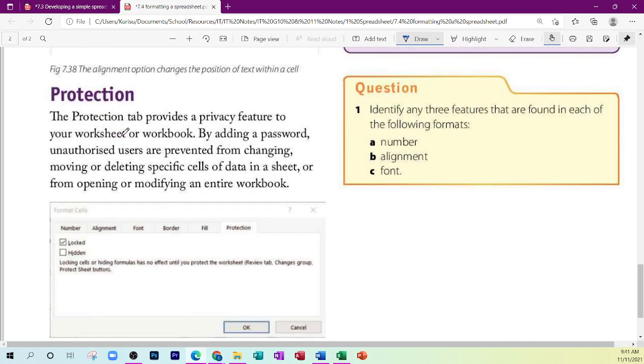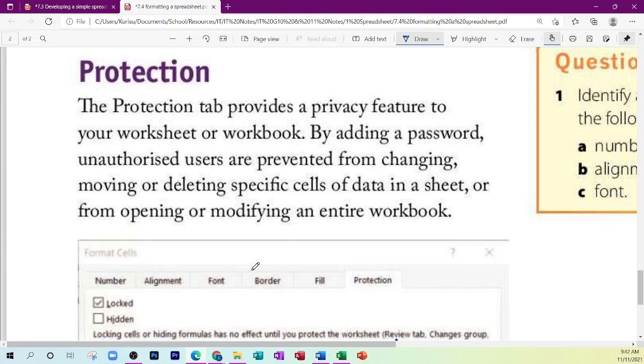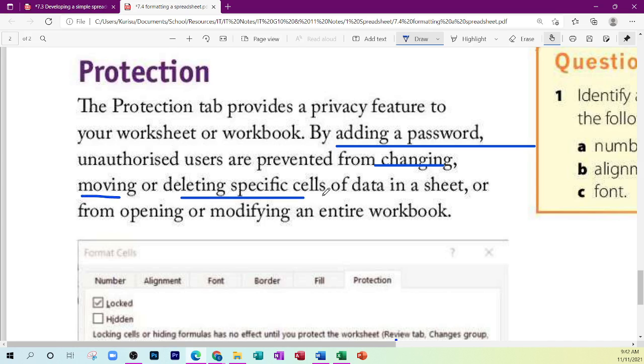So protection now. So we know that our spreadsheet is going to have sensitive information inside of it. It can have data on the items we're selling, maybe student grades and so on. So we need to protect it. So the protection tab provides a privacy feature to your worksheet or workbook. You can add a password so that unauthorized users are prevented from changing, moving, or deleting any specific cells of data in a sheet, or from even opening and modifying the